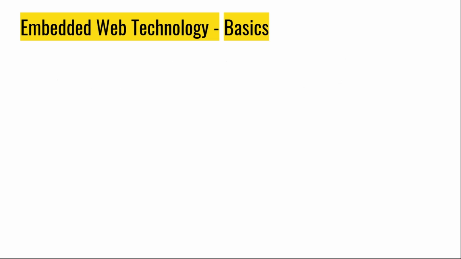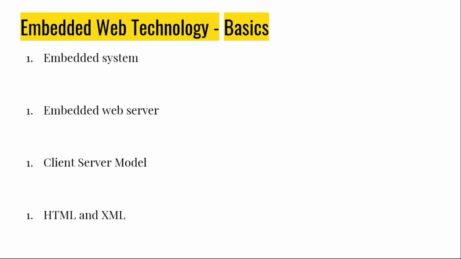Embedded web technology basics. Embedded web technologies basically consist of four parameters: embedded system, embedded web server, client-server model, and HTML and XML. We will discuss these four parameters one by one. Firstly, we will discuss the